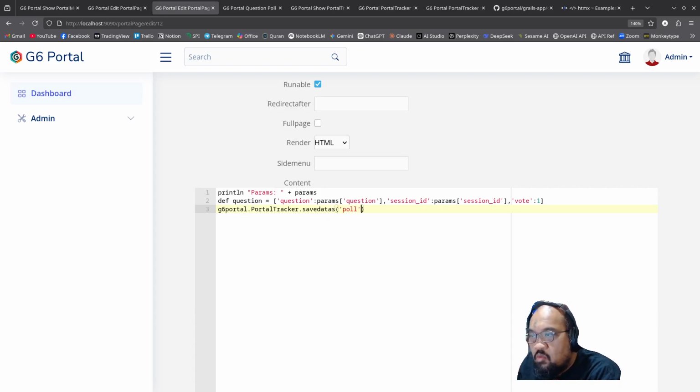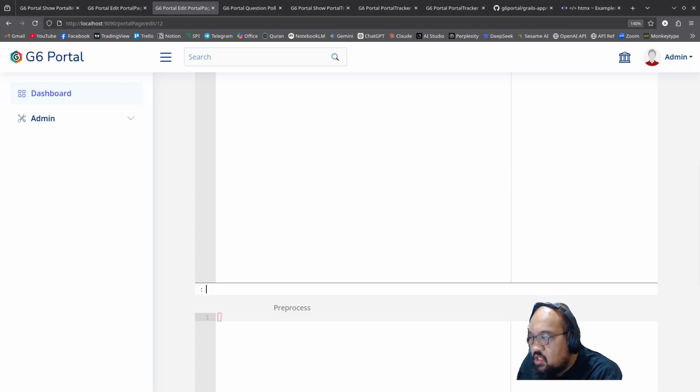Okay, inside our poll module, inside our question, the slug is question. Okay, and the object that's going to be saved is question. Okay, so we already created an array over here. All of the information we will save using save data. Okay, so if I save this,